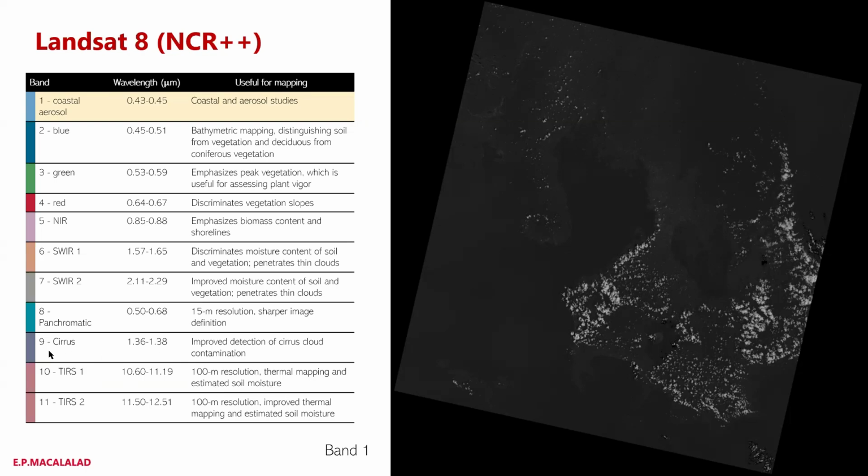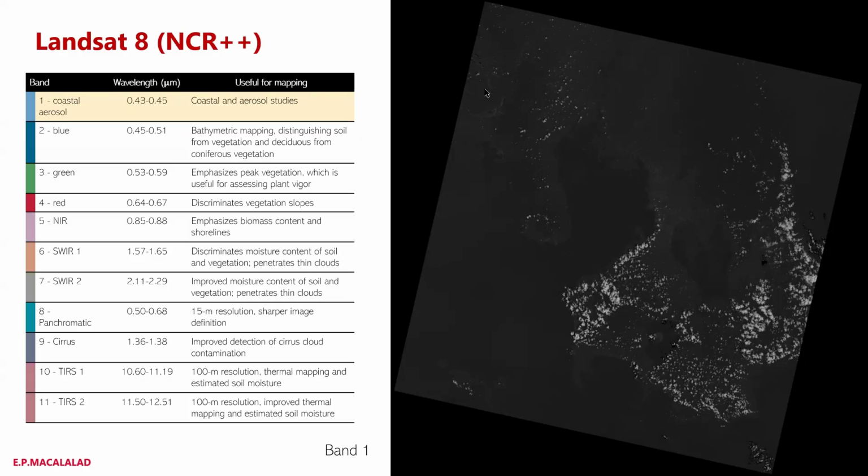Okay. The number nine, cirrus, is used to improve detection of thin clouds in cirrus clouds that contaminate your data. So basically, this band is used to do additional post-processing that aims to reduce cloud contamination of the data.